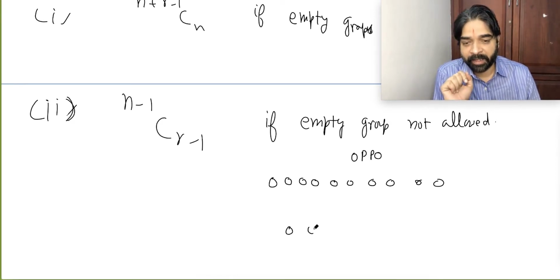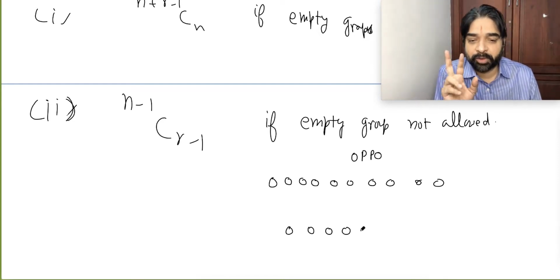Suppose I say there are a total of 4 objects, and we have to make 2 partitions, or 3 partitions maybe, 3 groups. So 2 partitions we will keep. If you keep the 2 partitions like this, what is the meaning? One group containing 1 object, second group containing 0 objects, and third group containing 4 objects. Did you understand the meaning? That means